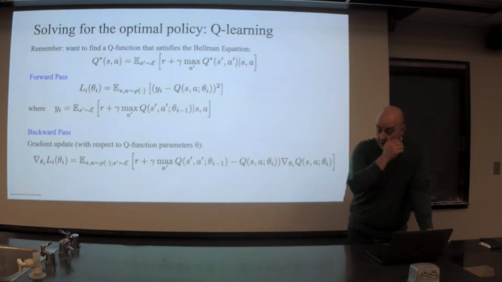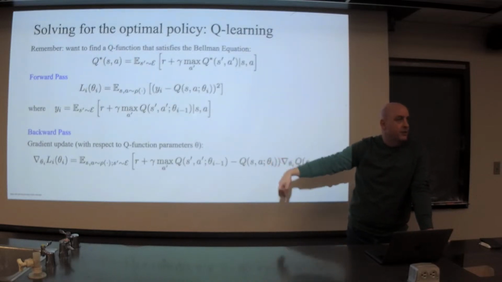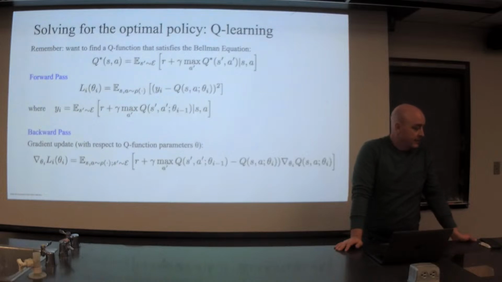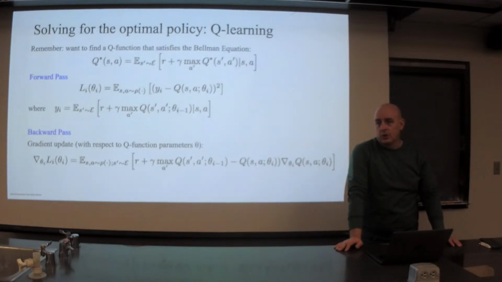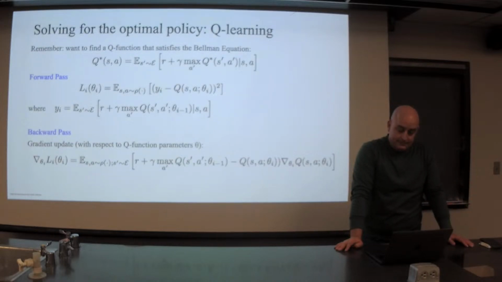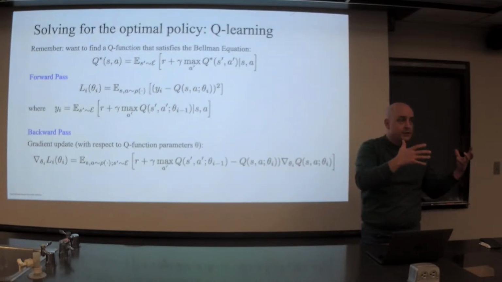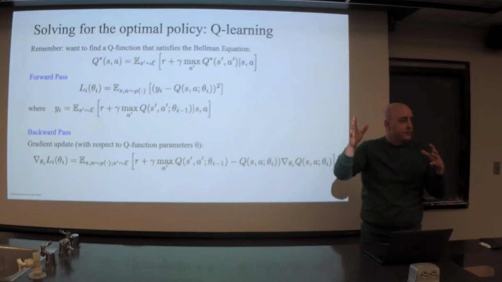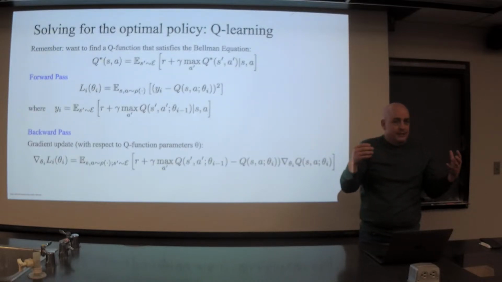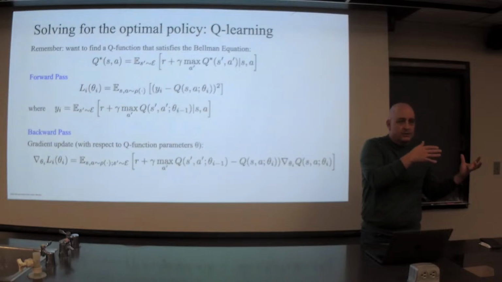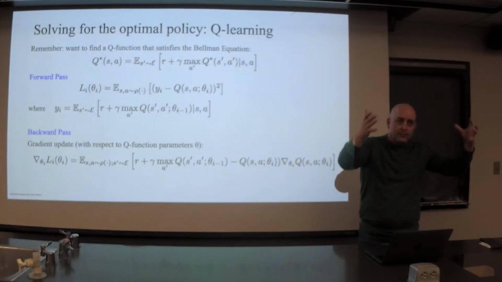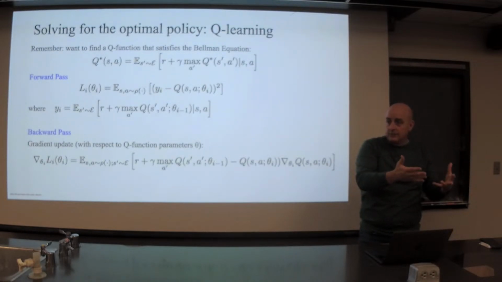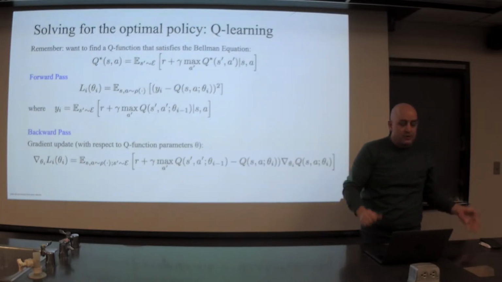Now, do we ever really learn the optimal policy? No. There's a lot of approximations happening here. We're approximating expectations, we're approximating maxes, and we're approximating the Q value function itself by saying it's going to be equal to some neural network. It could be that the actual optimal Q value function can't be realized by the family of neural networks we're using. There's no exact set of parameters that will give us that.